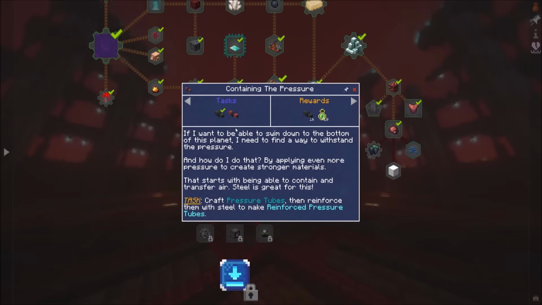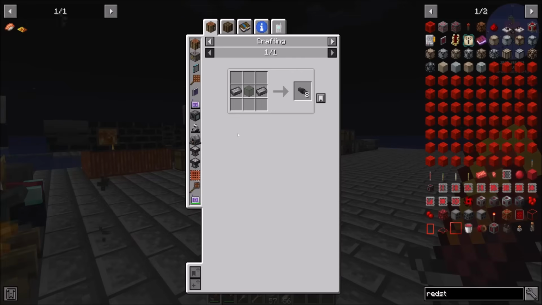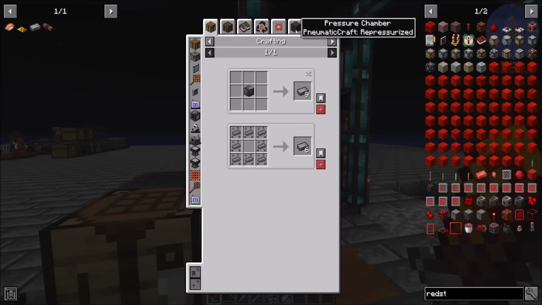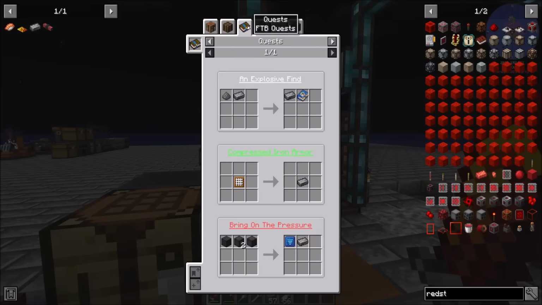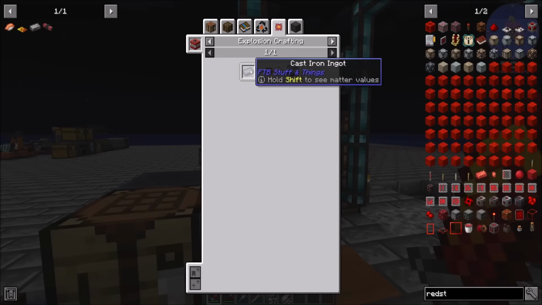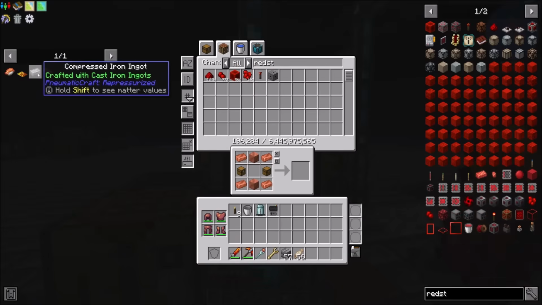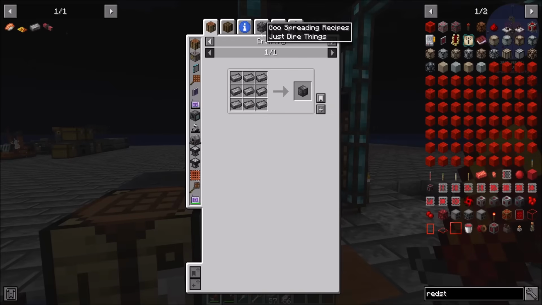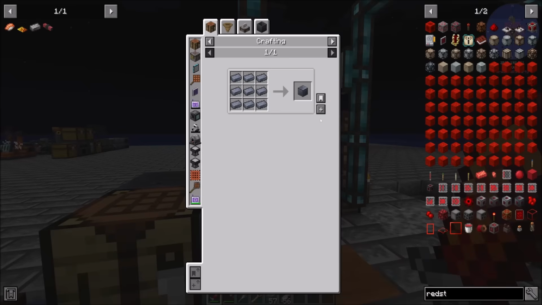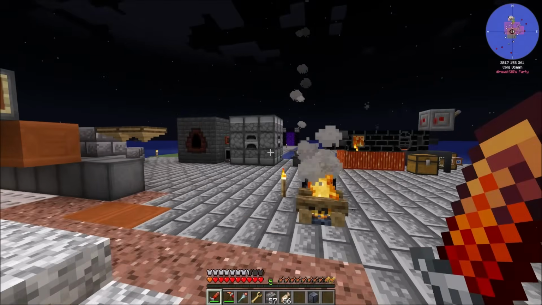So let's go through making pressure tubes. I've found pressure tubes. Let's look first at how to get compressed iron ingots, and then we're also going to need some pressure tubes. Compressed iron looks like we can get from loot, which is where I've gotten it from. We can also explosion craft it with cast iron ingots. Now, didn't we also see that we could make blocks of compressed iron with goo spreading? That's kind of cool, and tier 2 goo will suffice. So if I make cast iron blocks, I should be able to...